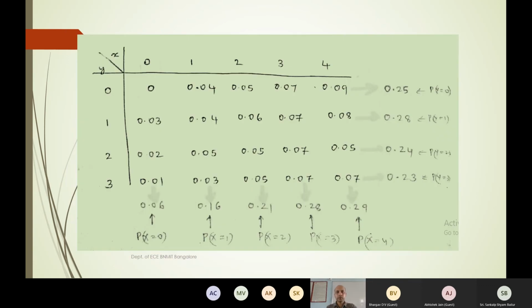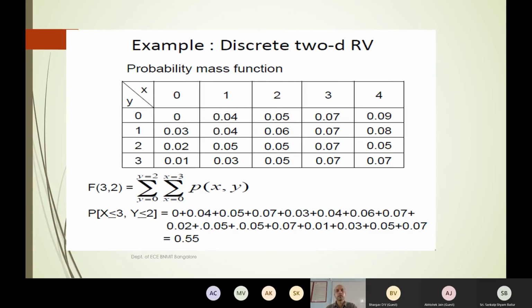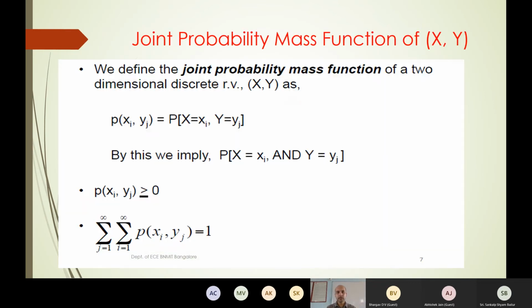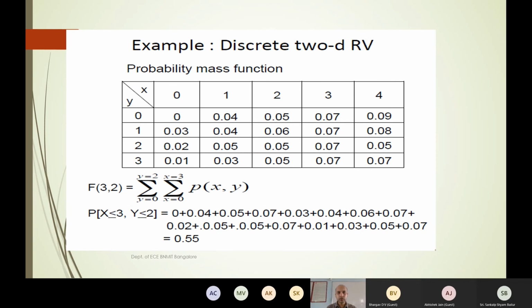So last point, before we go to the next topic, I would like to stress: in module 1, you had been given two random variables separately, temperature and humidity separately specified. You got the PMF, the probability mass function, separately. This is what is here, in the module 1 context. In the context of module 2, you conducted an experiment such that you saw the joint behavior simultaneously, and this is what you obtained. Now, is it possible for me to get back to the single random variable concept? I want the probability mass function of the single random variable. Is it possible for me?